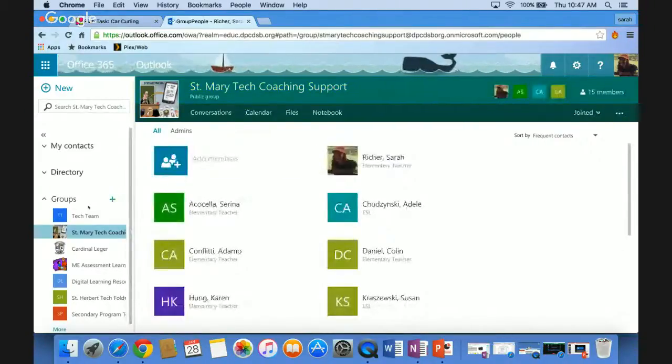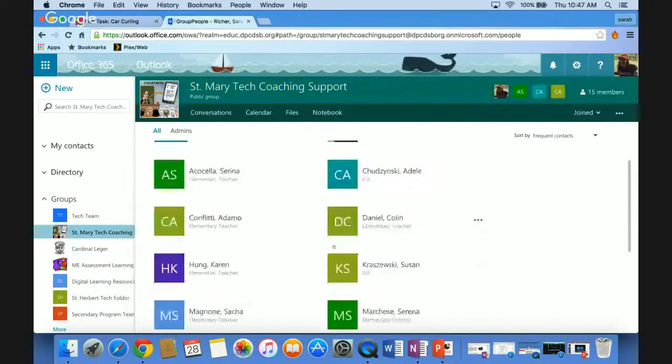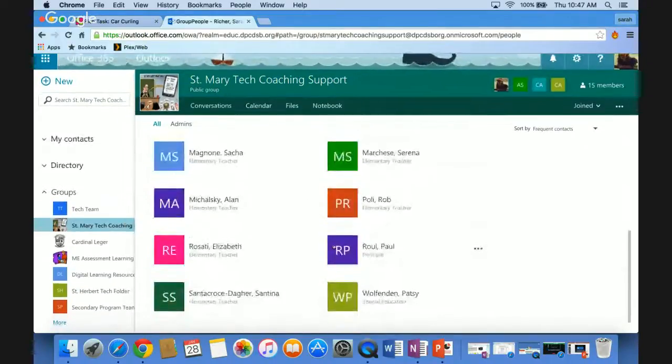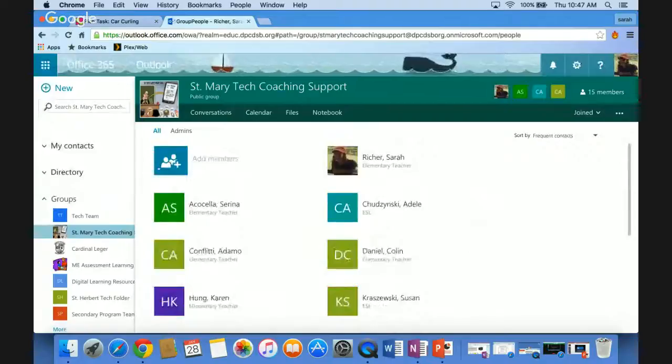So when you first come into your group, you can see all of the members that are in and all of them that have been added. You can choose to add new members, so you don't have to worry if you don't add everybody at the time, or if new people come into your class, you can continue to add, or if people leave, you can also go to these three little dots here, which means more options,